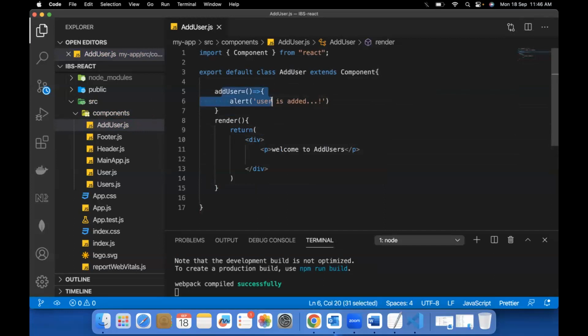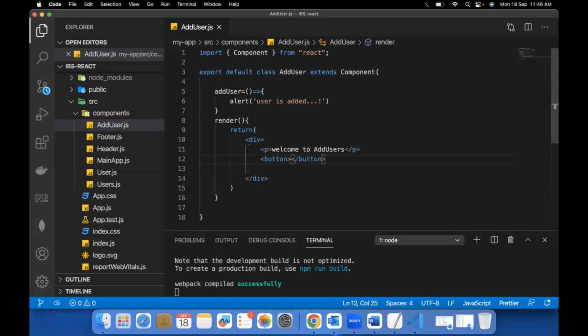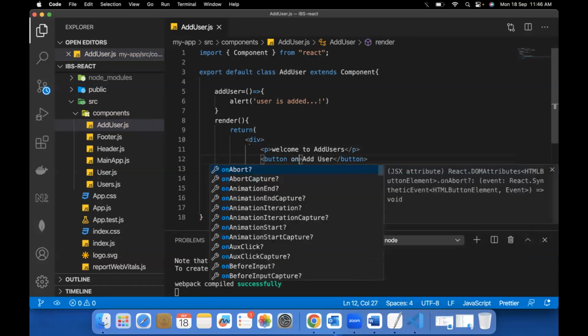And here I would like to create one button, and inside this button I can say add user. Now I can attach one event called onClick equal to